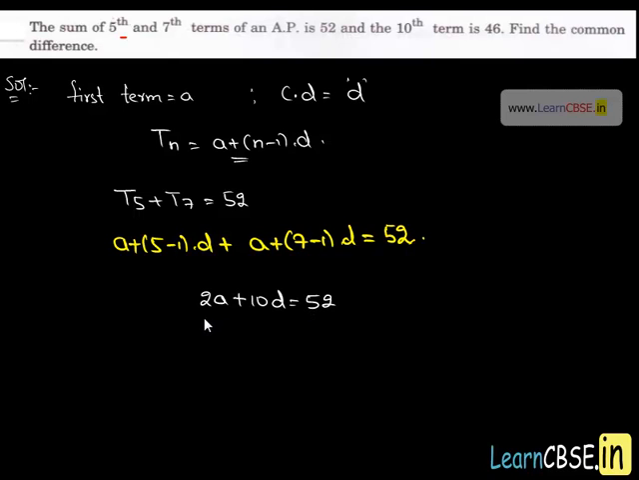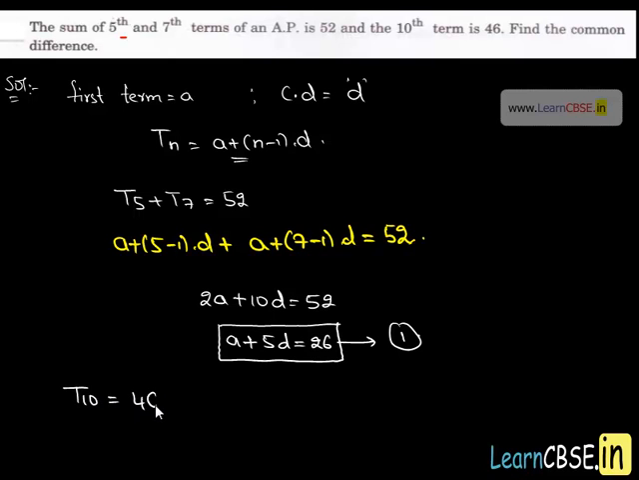Let's simplify it by dividing this equation with 2. Then we have a plus 5 times d is equal to 26. Let us assume equation 1. We have given another condition. Here 10th term is 46. That means